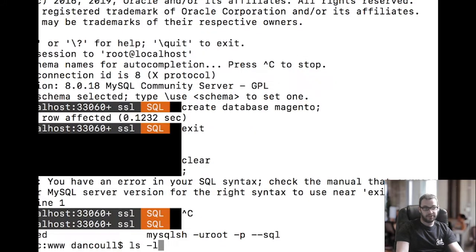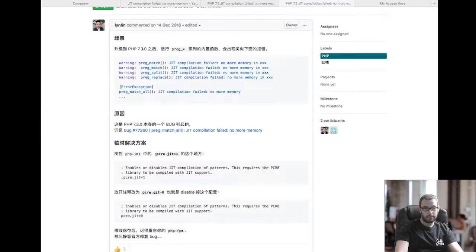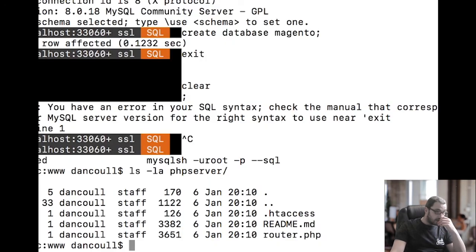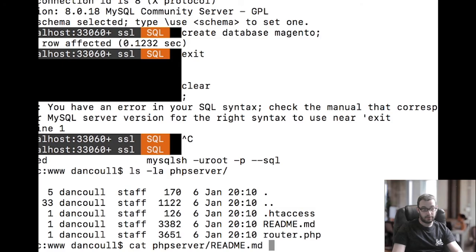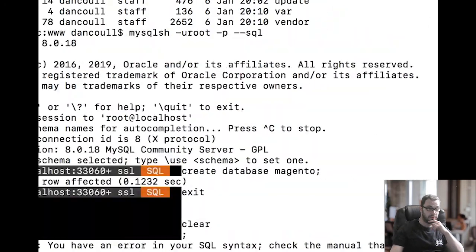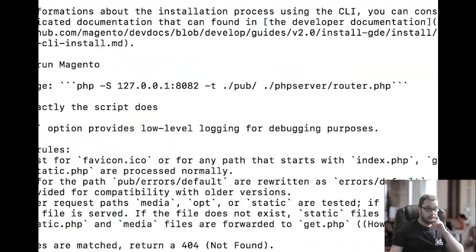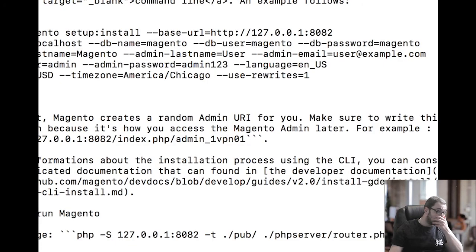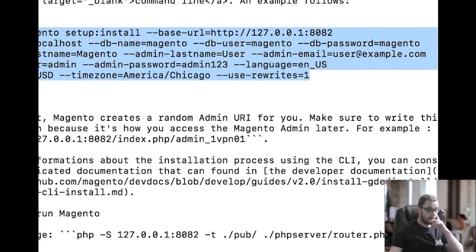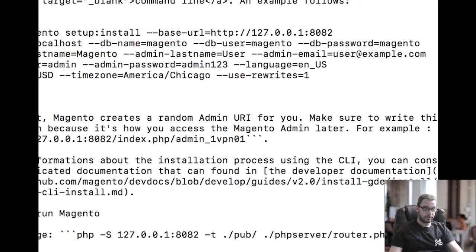the next thing I'll bring your attention to is the PHP server directory. This allows you to run Magento from a localized PHP instance rather than setting up an entire LAMP stack. But what it also includes is a README file. If you display that README file using the cat command, you can see Magento kindly gives you the entire install command. So if you copy this command